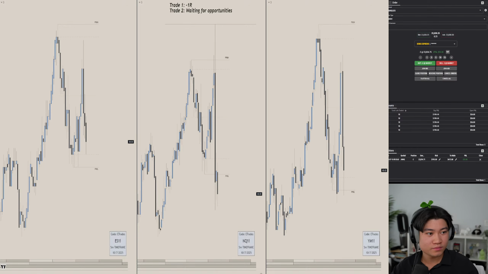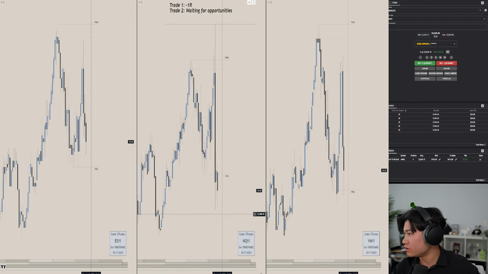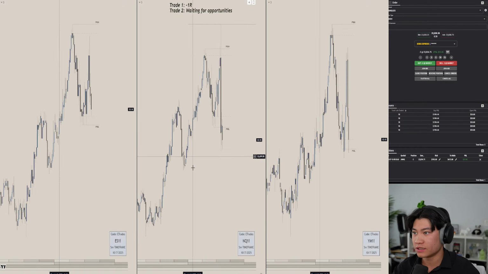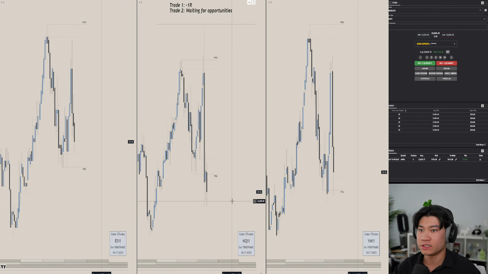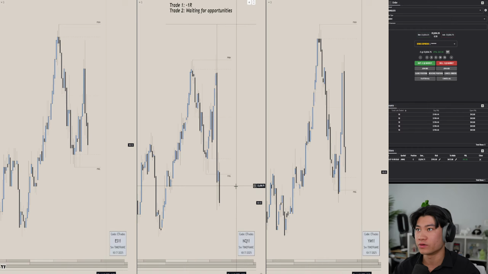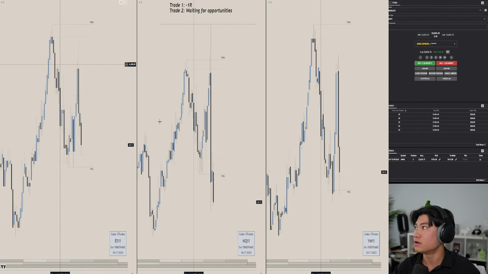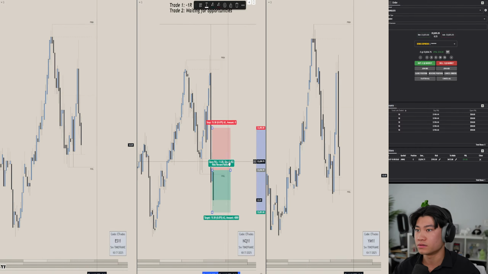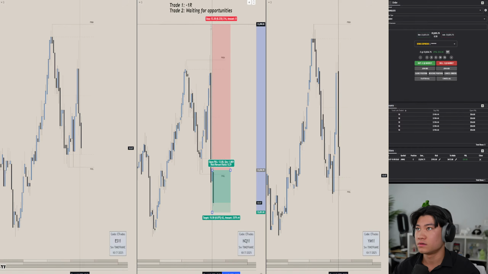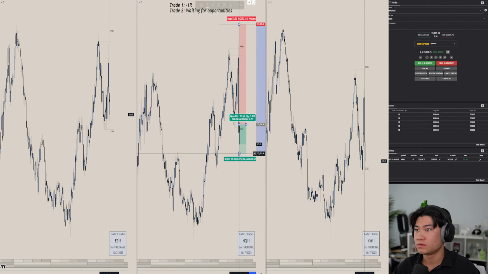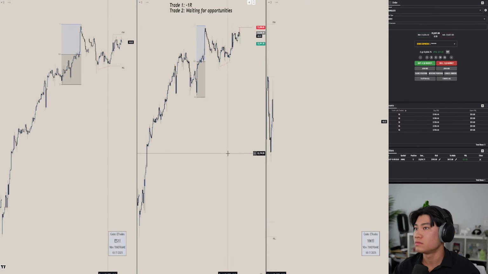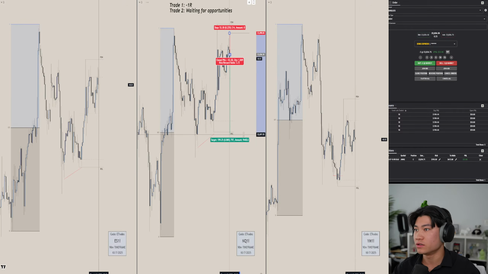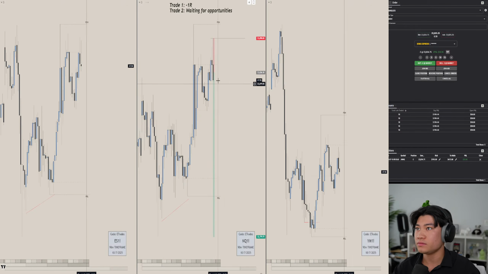Well, the orders are set. Hopefully they get filled if it does hit either way. I don't have a TP set though. It's kind of just open right now. Also, I deleted my position tool by accident. But yeah, I'm probably going to be looking for some sort of swing target.